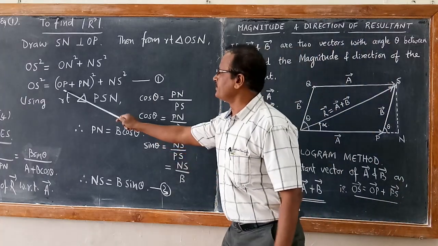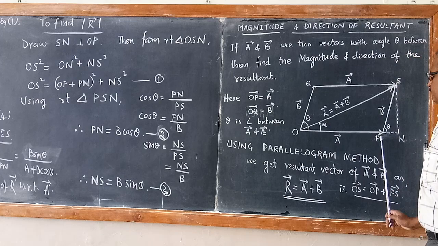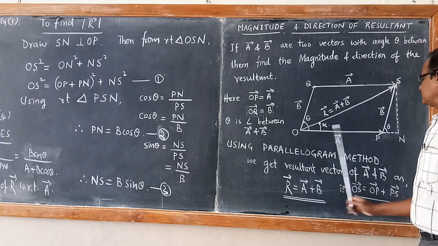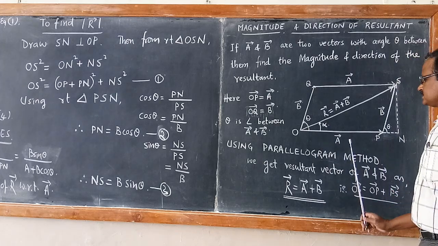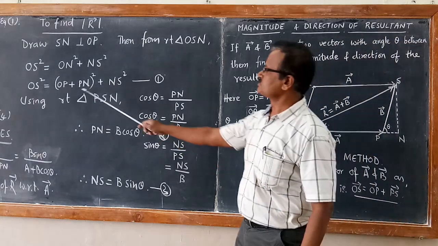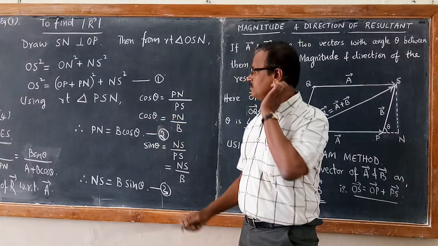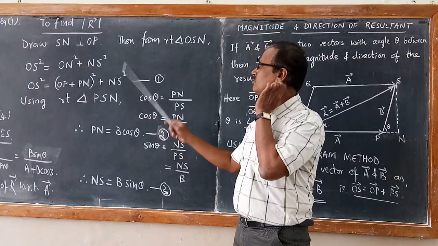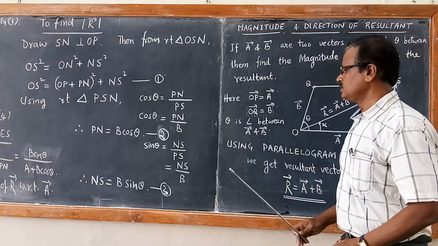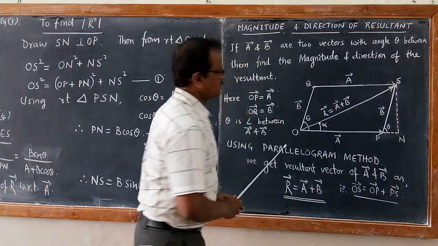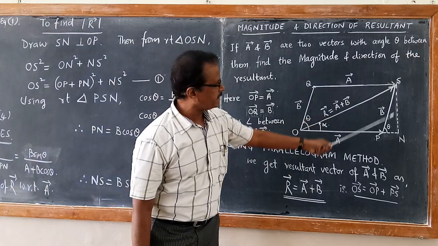Now we know what is OP out of it. OP is the magnitude of vector A, that is the length of vector A, that is nothing but A itself. So I can substitute this OP as A. But what about PN and what about NS? We don't know these values. So to find out these values, we take the right angle triangle